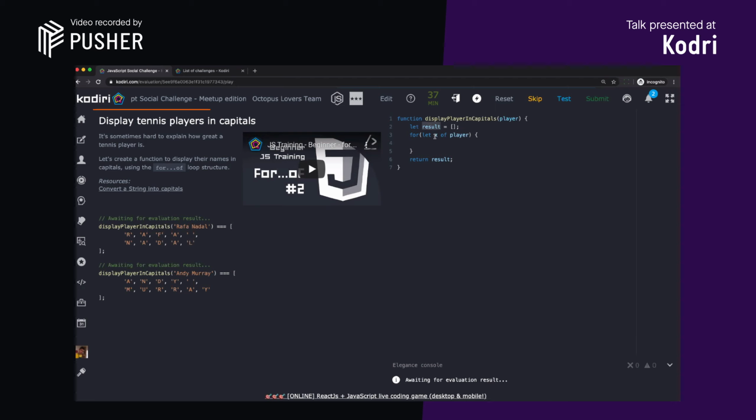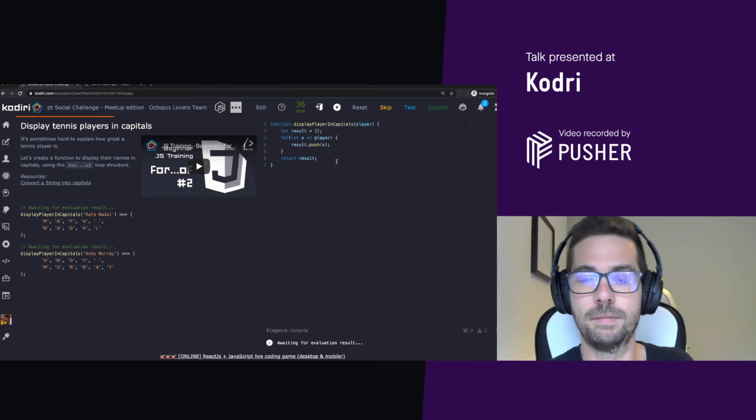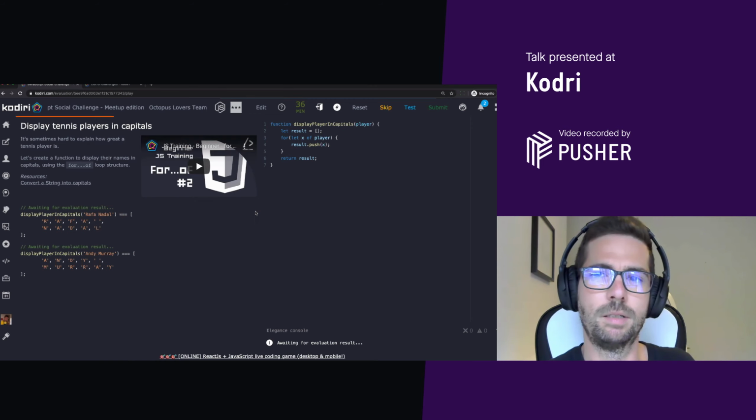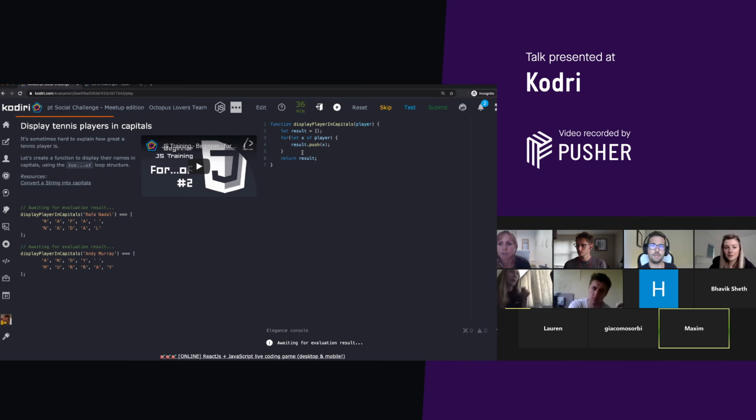And now, guys, what happens if I want to add each individual character to the result? How can you add an element to an array in JavaScript? To push it. A push, correct. Something like that. And now you tell me, is that going to work? No, because we have to add it in uppercase.